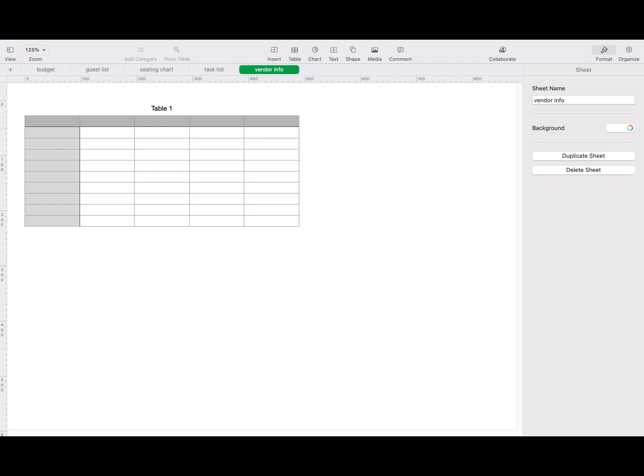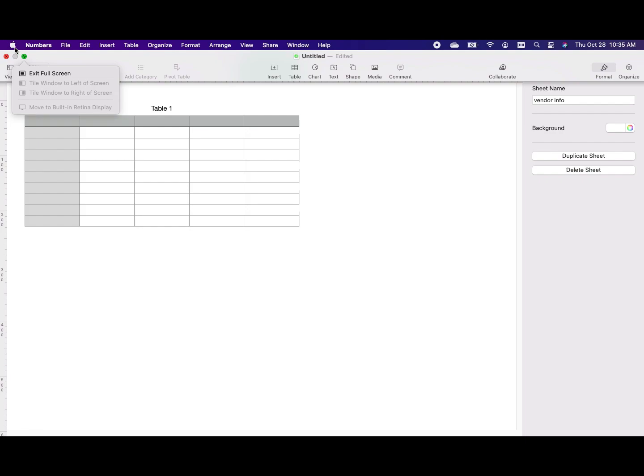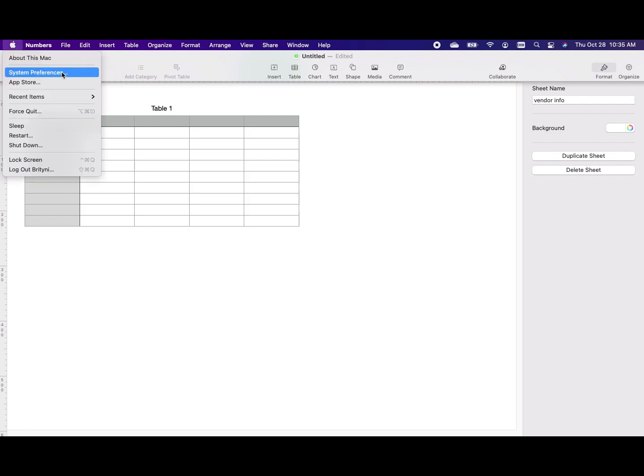Now you can even open multiple spreadsheets in full screen so that they'll open as tabs instead of in separate windows. So if you're doing your party planning and you have this original set, but you also have another document you need to refer to for this, but it's in its own spreadsheet already, you can have them both open in the same window. It'll just have its own tab. So to do that, you'll need to make sure in your preferences, you're going to go to your Apple menu, System Preferences,